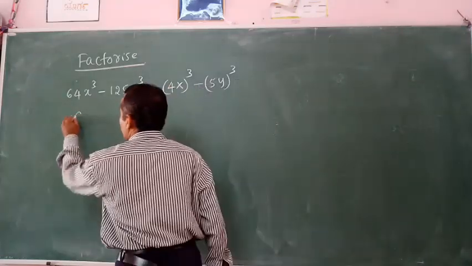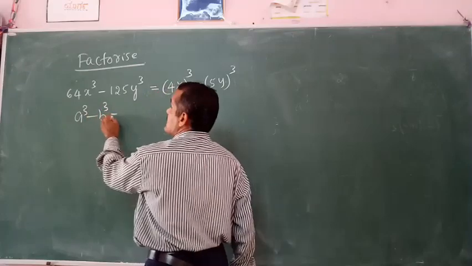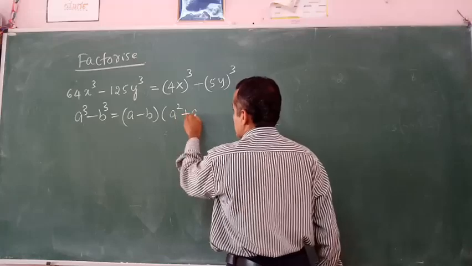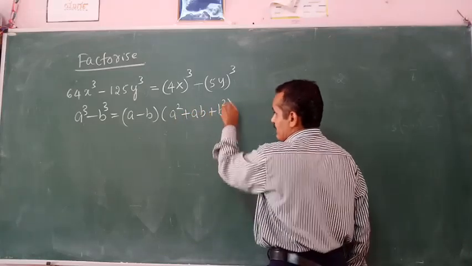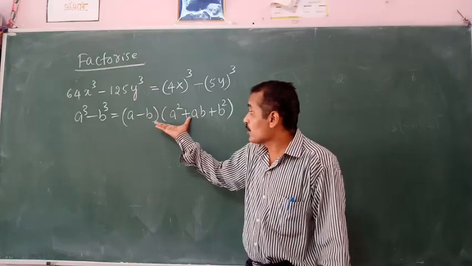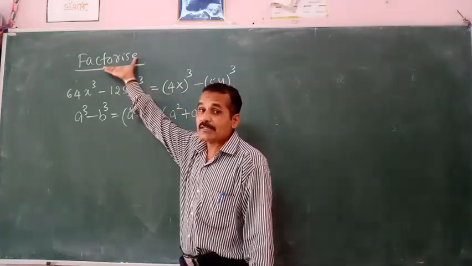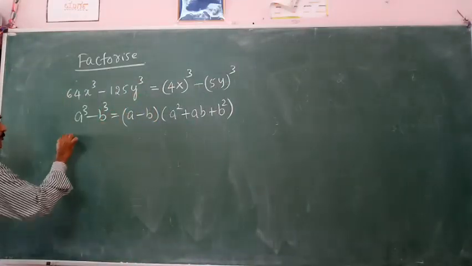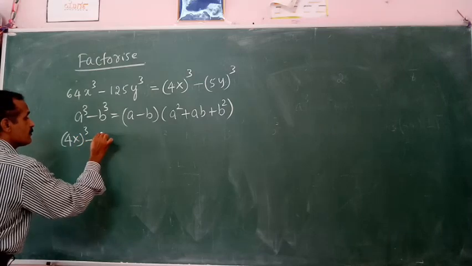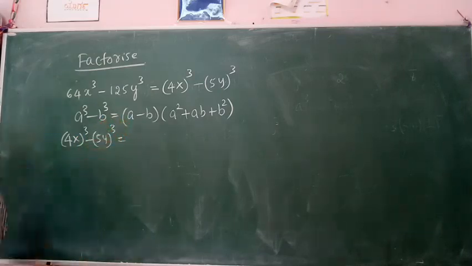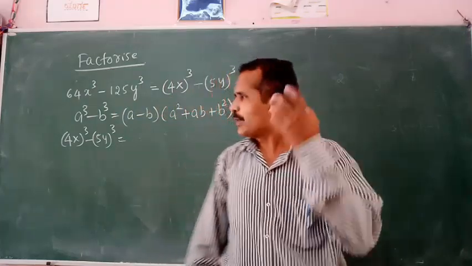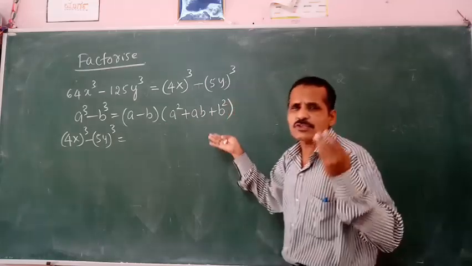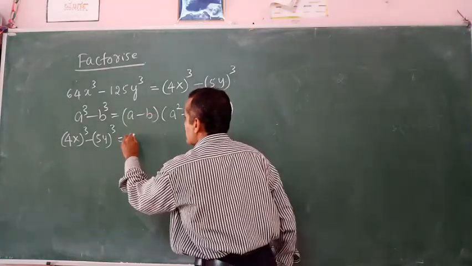Let me write the formula. a cube minus b cube is equal to a minus b into a square plus ab plus b square. Listen to me, students. These are no doubt the factors. They ask you to factorize, and these are the factors. So 4x the whole cube minus 5y the whole cube is equal to... Readily you know the values of a and b. a is equal to 4x, b is equal to 5y. You just have to substitute the values. That's all. a minus b,